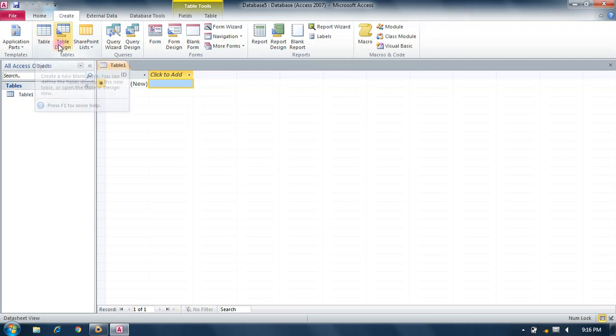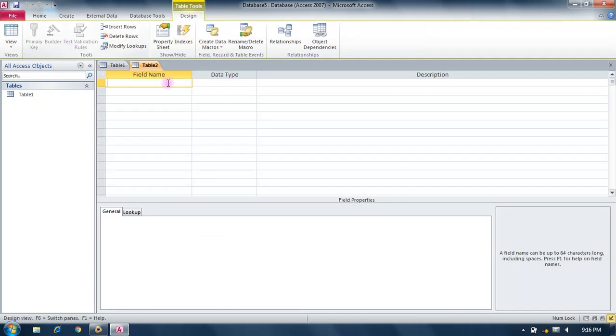This is a database view and this is a table design. For a convenient way, you can select your table design. This is the design of your table, which gives you field name, data type and description.